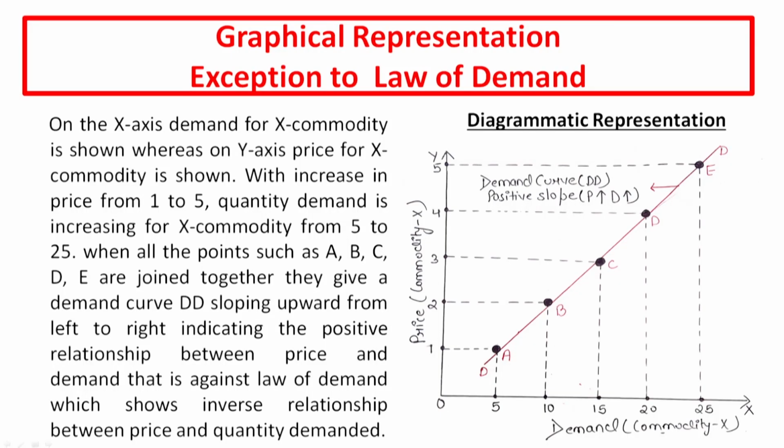So, this is an exception to law of demand, where there is a direct relationship between the price and the quantity demanded. Now, I will try to show you the graphical representation of this exception to law of demand. On the x-axis, you must be able to see the commodity X is shown, whereas on the y-axis, the price is shown. With increase in price from 1 to 5 rupees, the quantity demanded is increasing from 5 to 25, and when all the points such as A, B, C, D and E are joined together, they give a demand curve DD sloping upward from left to right,